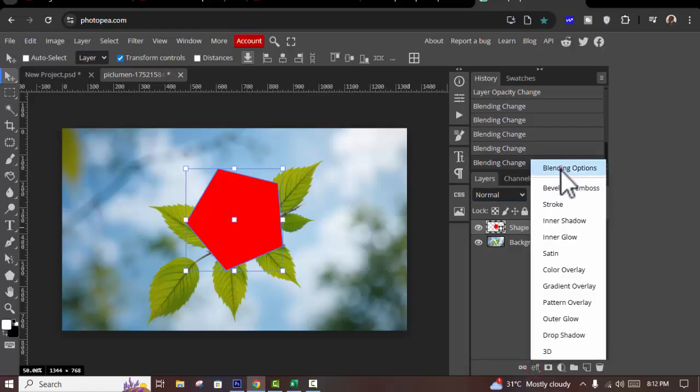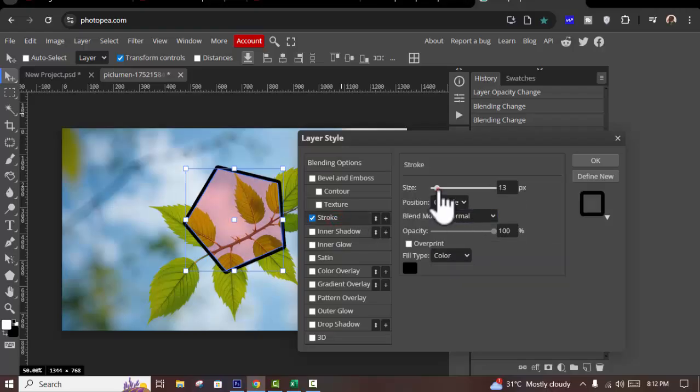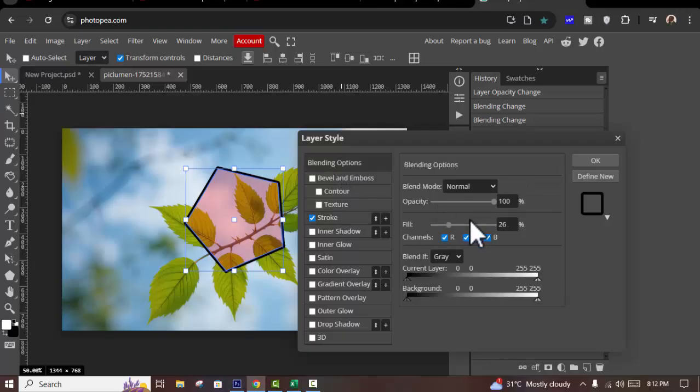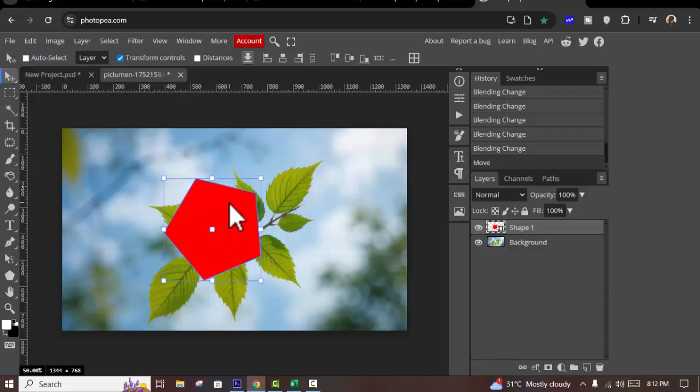Okay. And step 2. Go to effect, blending options. Fill opacity 0, or you have to use stroke. Okay, and step 3, I do not use this. Step 3, see the shape,